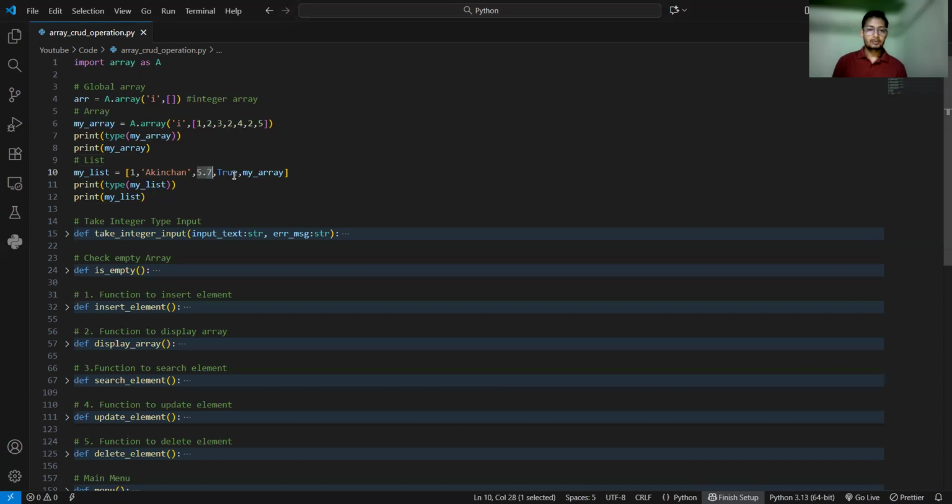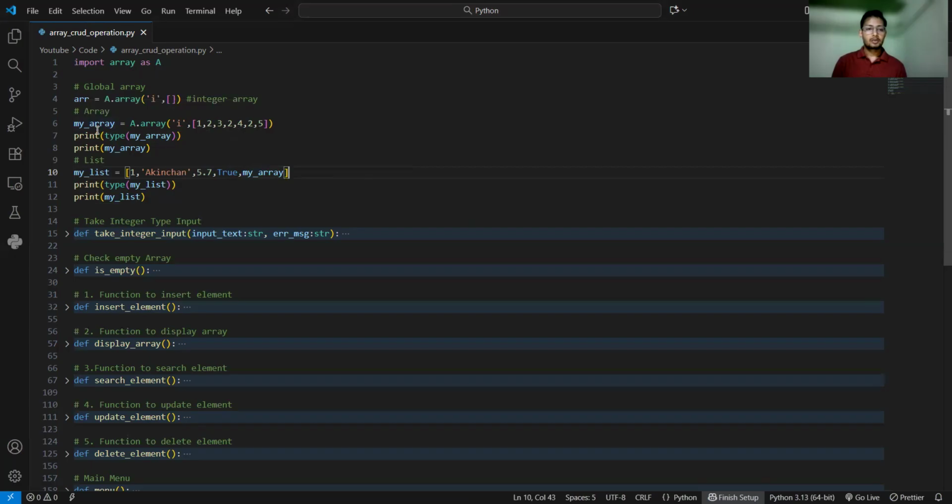Okay, and in this way after that I write the boolean data type, and also I store this array inside a list. Okay, so that means a list can store heterogeneous data, and